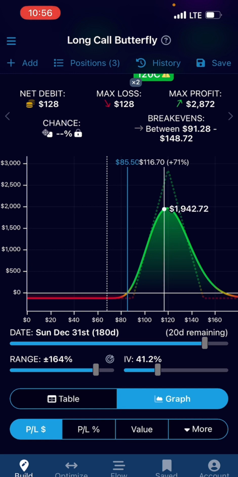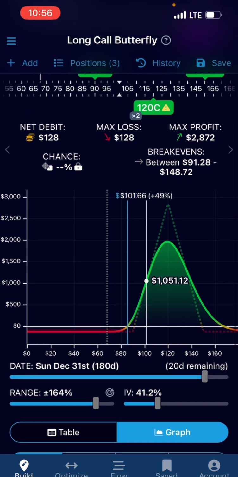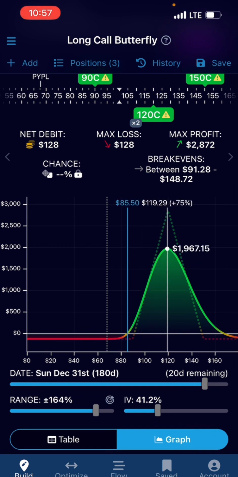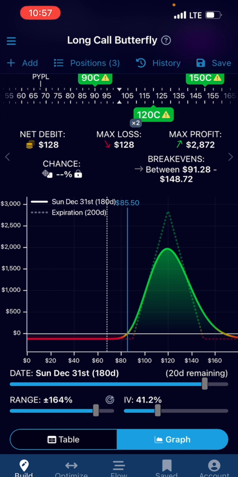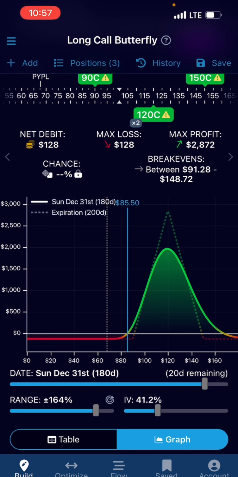Okay? And to me, this is just a set it and forget it trade, right? So I'm going to put a handful of these on, okay? And I'm going to sell them at a double, okay? I'm going to sell half of them at a double. And then I will hold a small handful for that 100 target area. And then I might hang on to one just to see if things get crazy and we get to 120. Not likely, but,